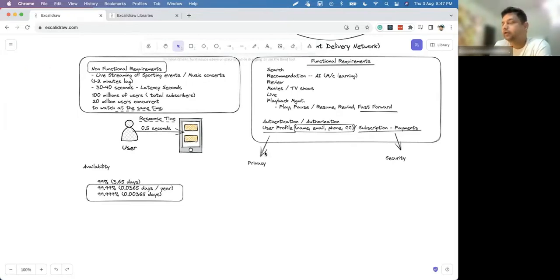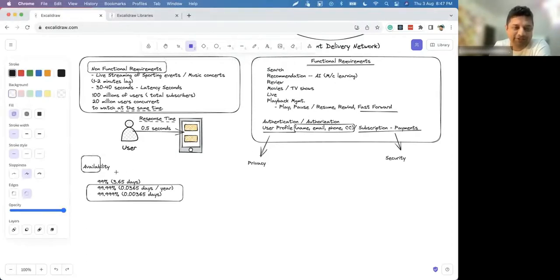So now we'll ensure how to do this, but let's do a back of the envelope calculation. How much storage do we need for, say, Hotstar? So Hotstar has TV shows, movies, recorded content, right?